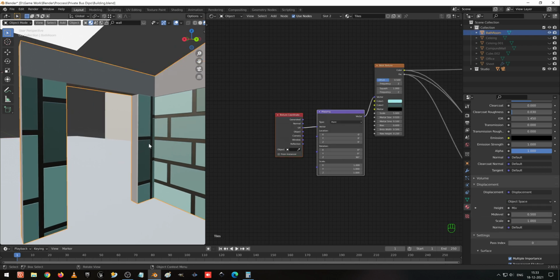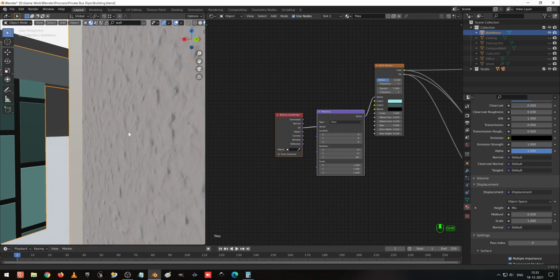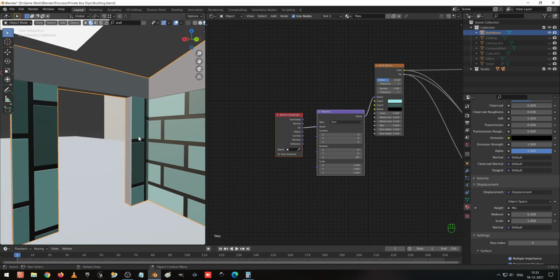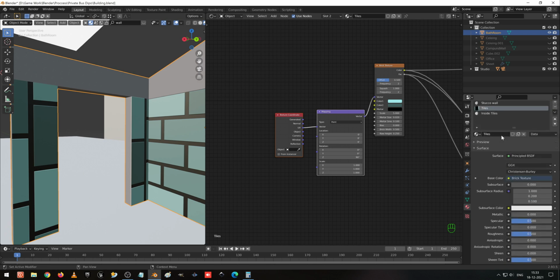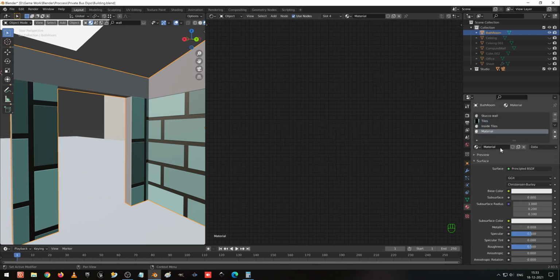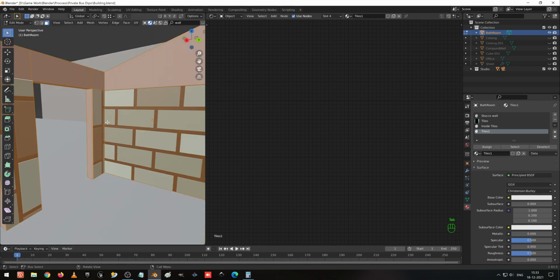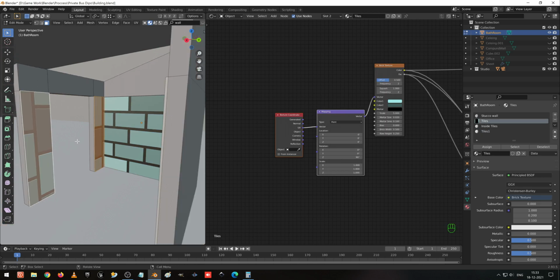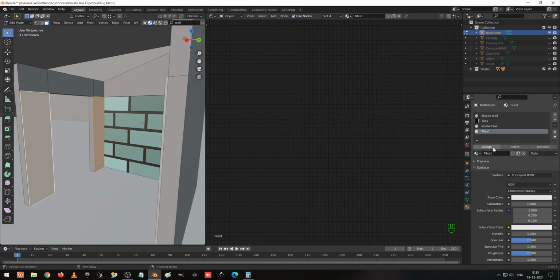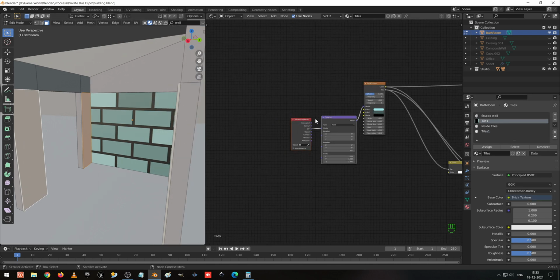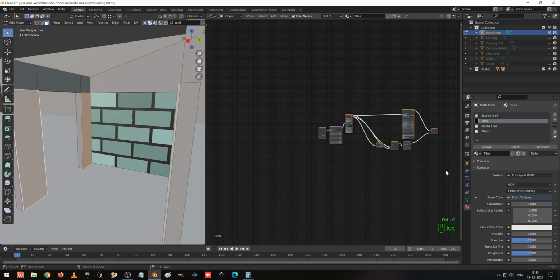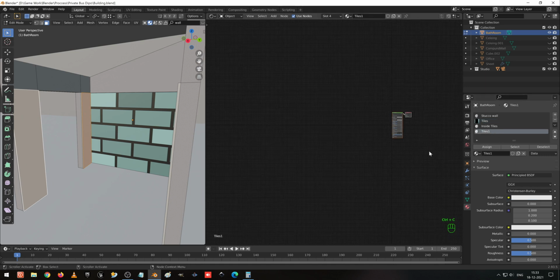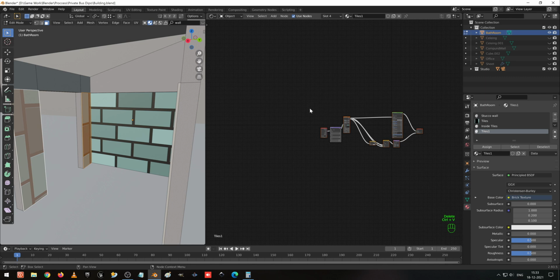Here it's not coming correctly this side. We can do one more better way for this. So I make one more new material and I name it tiles 1, enter, and I go to edit mode, I select these two faces and assign it to tiles 1, and I go to the tiles, I copy everything, I select it, I delete it, and I press Ctrl V to paste.